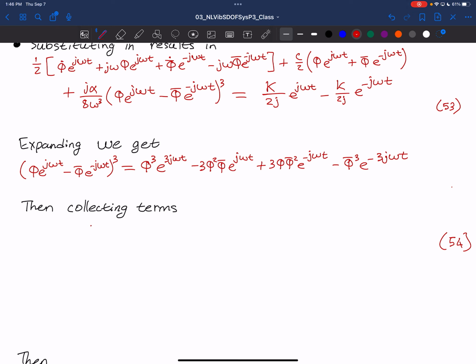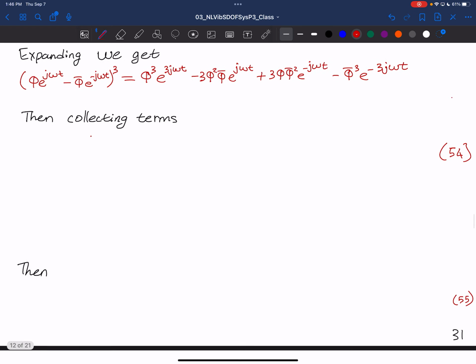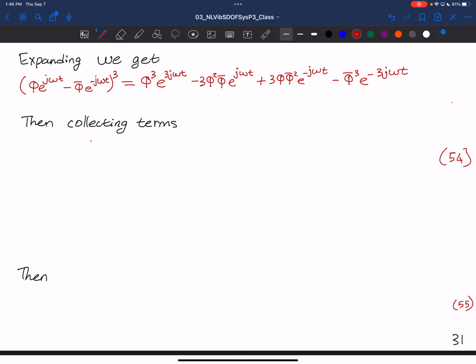All right, we're going to write one more line and then we'll be done. And then the rest will be recorded for the pre-recorded lecture. All right, so from here we're going to substitute the expression we just derived and then collect all of the terms. And what we'll end up with is the following,